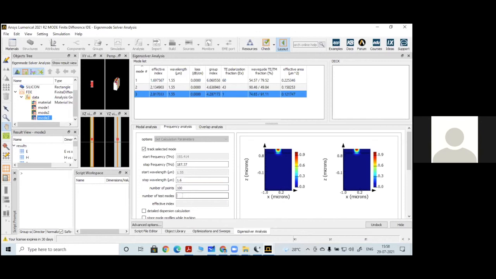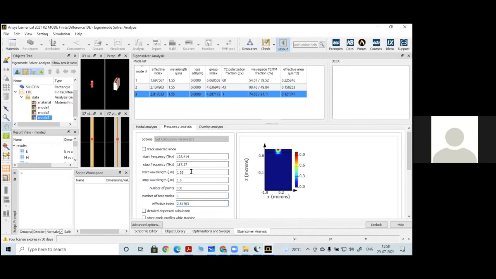Now here, regarding the number of modes to test, I am going to tick this track selected mode. So you are going to track only one mode. Otherwise, all these 3 modes get combined and you will get the combined plots that we are not interested in. So I am going to track only one mode. I have already selected the track selected mode, so I need not give the effective index. If I untick this one, then I have to give the effective index. The effective index of mode number 3, as per the results, is 2.817033. Even the 6th digit is a very important value. We have to give all the values.